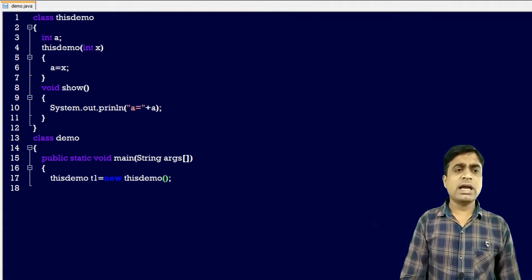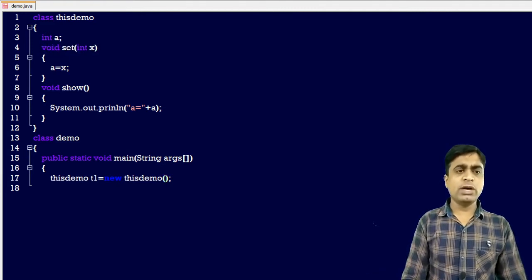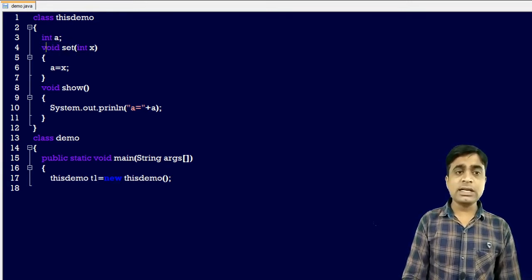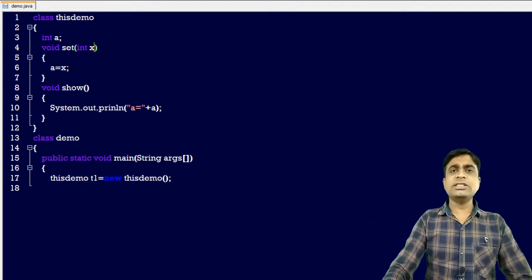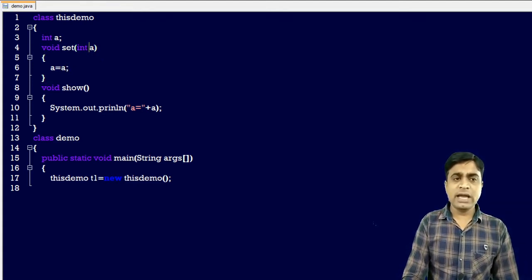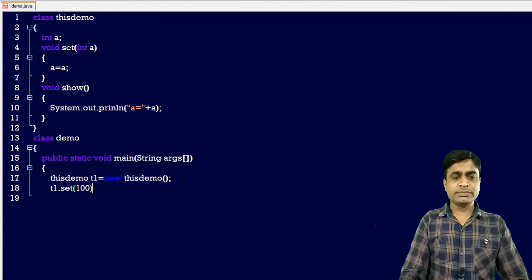So now here I am just calling this Demo. First of all, if you have any doubt, let's use this method. Now I am using one method, set, where a is equal to x. In this case I am changing the value, the reference variable and the class instance variable have the same name. So what will happen? Integer a, I am writing a is equal to a, and I am printing the value 10. So let's run this code. With t1.set, first of all I am setting this value 100, and after that I am calling the method show.